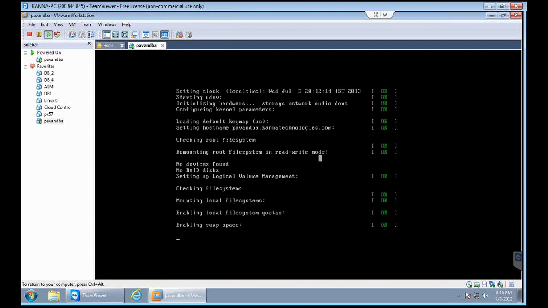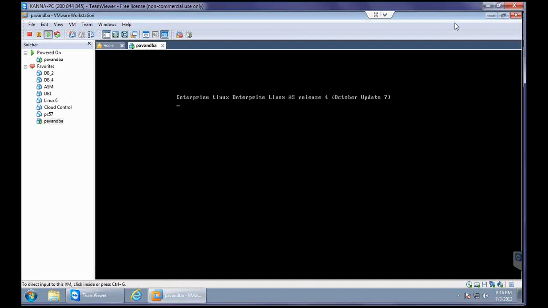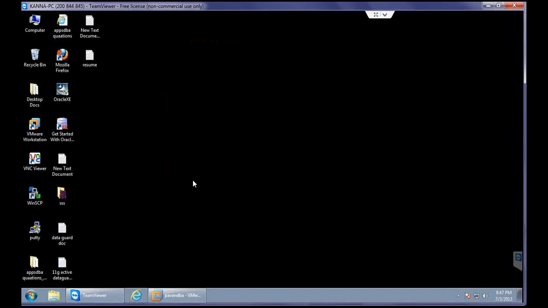Okay. So how are we going to access this virtual machine? Every time you reboot your Windows operating system, you need to start this virtual operating system. But after starting, we are not going to work directly on this virtual operating system. Instead, we are going to connect to it using a tool called PuTTY.